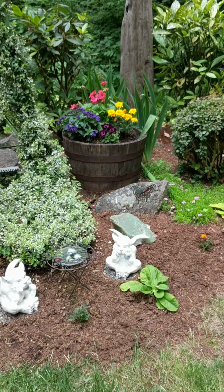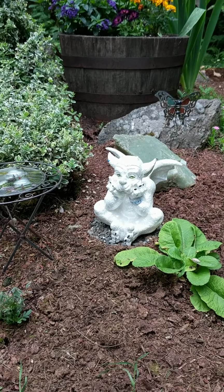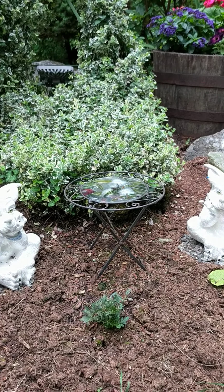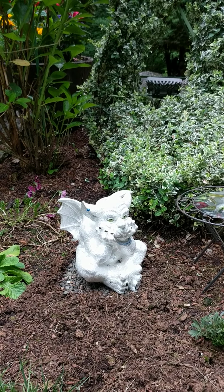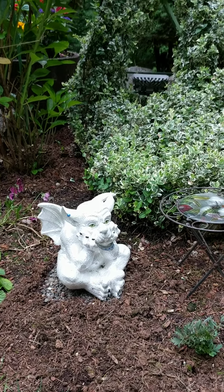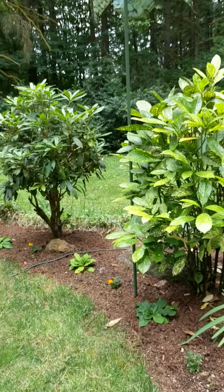I got to show you these two little dudes. I just recently refurbished them. My little gargoyles. And that's their table. See, they're disappointed because their table's too high, so they can't get to... Of course, there's nothing on the table. Yeah. I painted them pearly white. Kyrie's like, gargoyles aren't white. I said, well, mine are. And then over here, a little bit more...